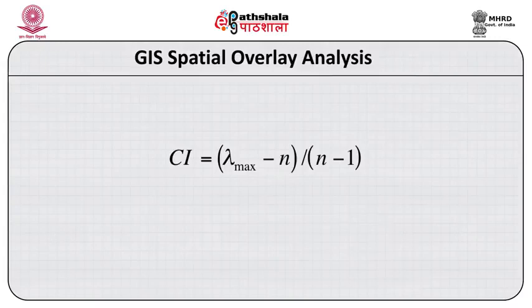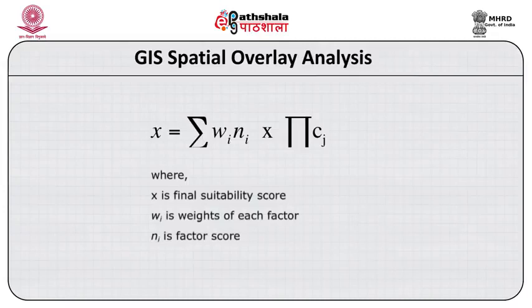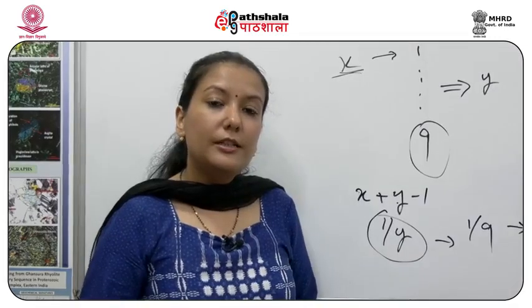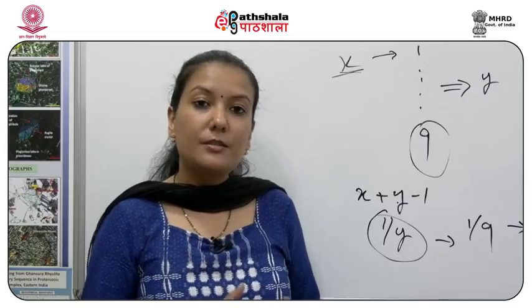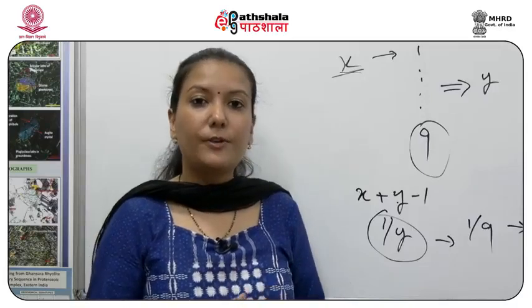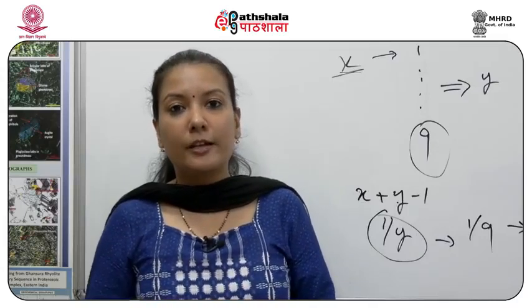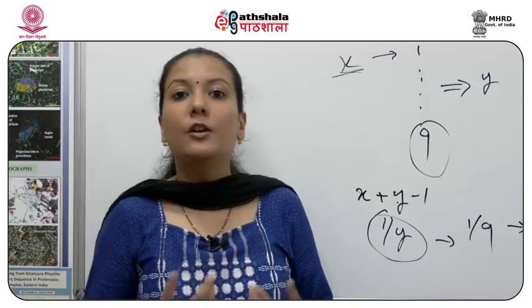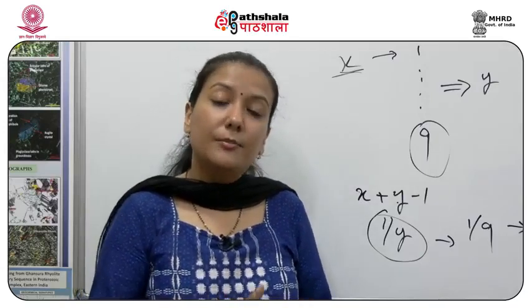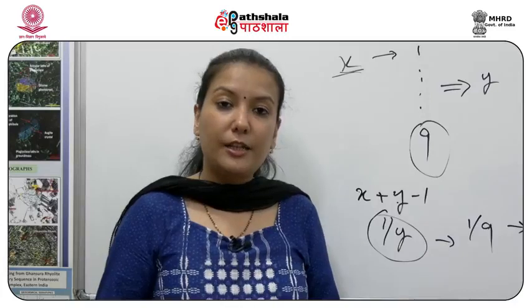Once you have checked for the consistency, you can employ this criteria where you get the suitability score. The suitability score in this equation tells you how much of the vulnerable area is. The suitability score which you get usually varies between 0 to 100. In this score we usually consider that if it's between 0 to 25, it's considered better, and as the score increases we can show whether the area where we are doing it is more vulnerable or there is more hazard in the area. So the multi-criteria evaluation can easily help you in understanding the vulnerability of an area.